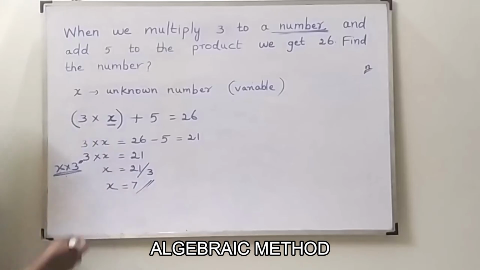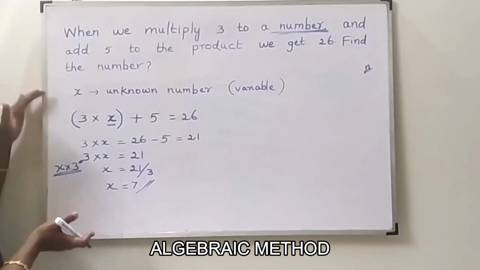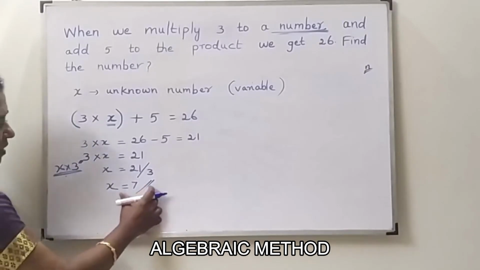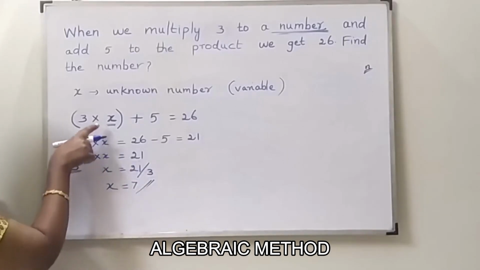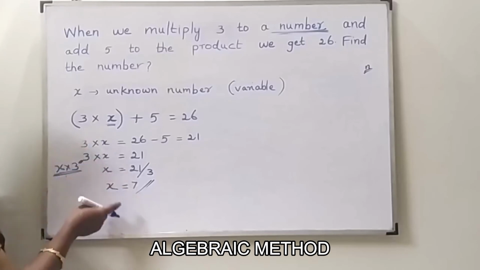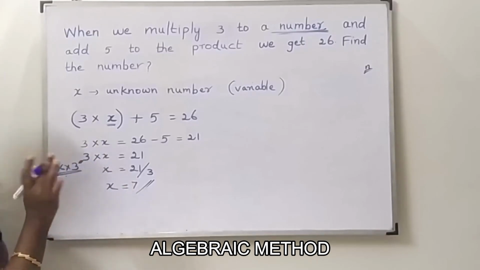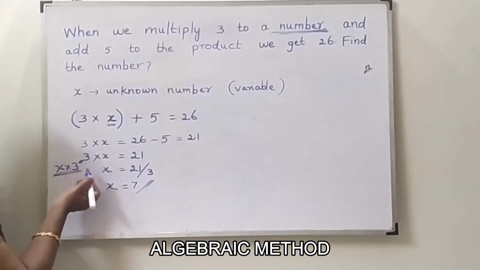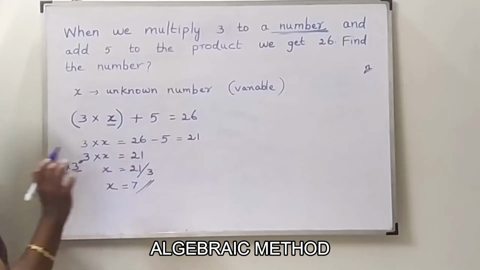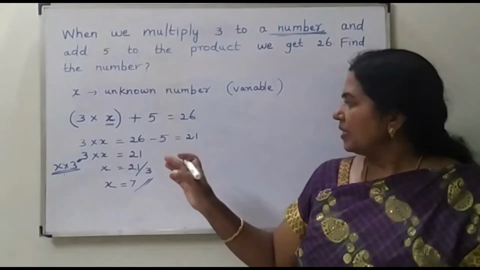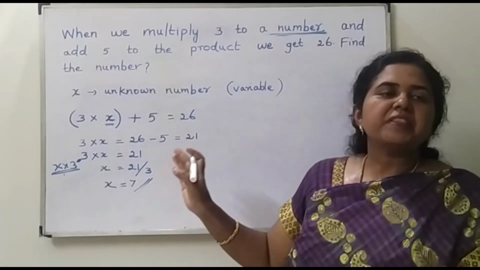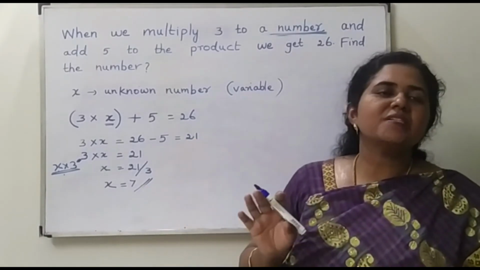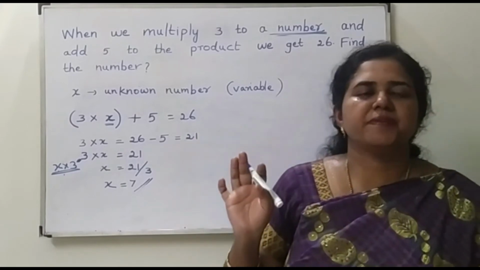In the previous case, we did many steps and finally got the answer 7. In this case, in 2 or 3 steps, we have got the answer. You will see this step is not necessary. Within 1 or 2 steps, we can bring out the answer. That is, we have brought out the answer within a few steps without any confusion. So this is the advantage of using algebra.